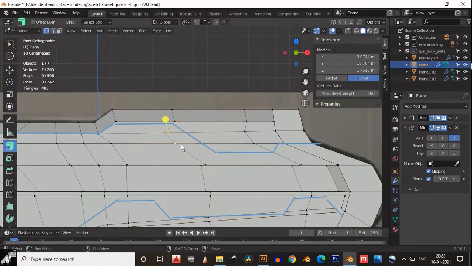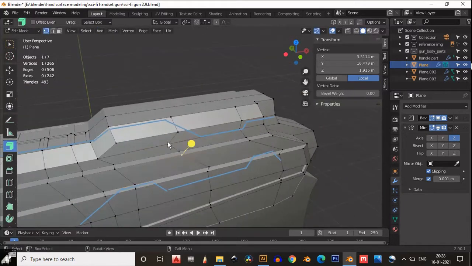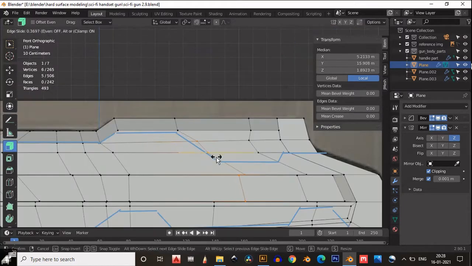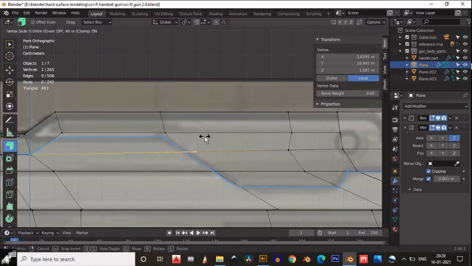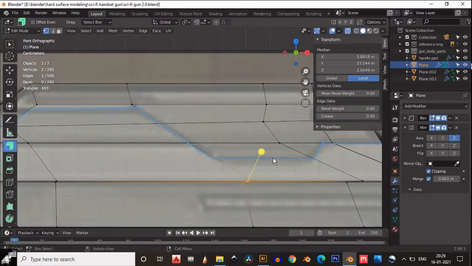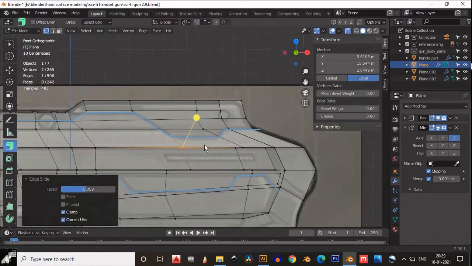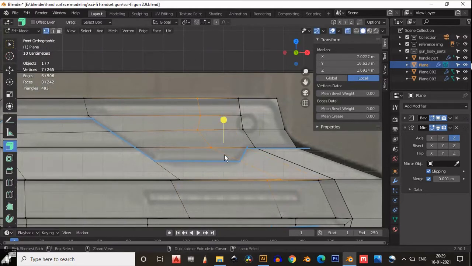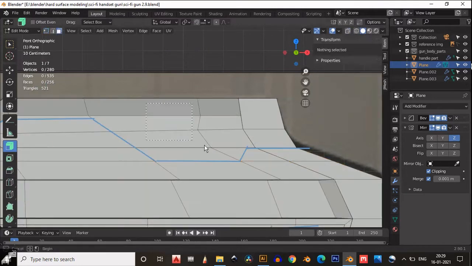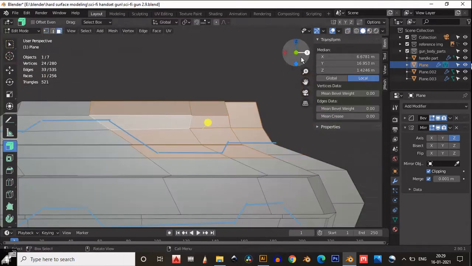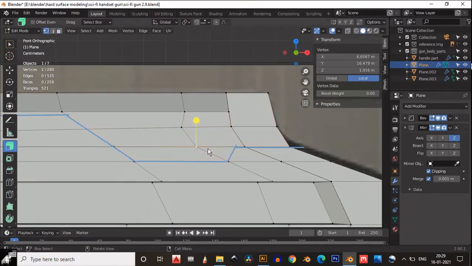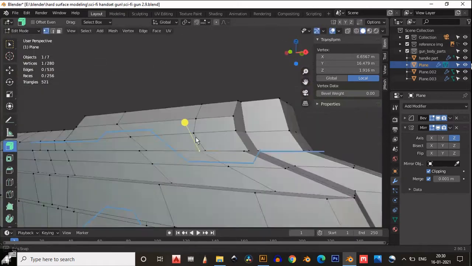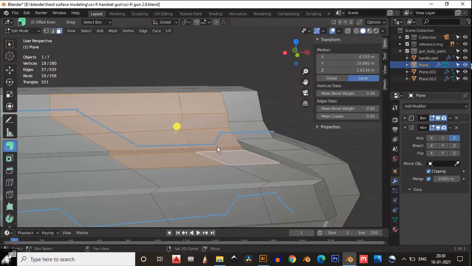Okay, like this. Just add loop cuts and move your loop cuts. Move the vertices according to your annotation. So you can just simply use simple operations like insert, extrusion, bevel, something like that. Okay, so add loop cuts and create your design. And you can see here I have tried to get my design for this sci-fi gun.